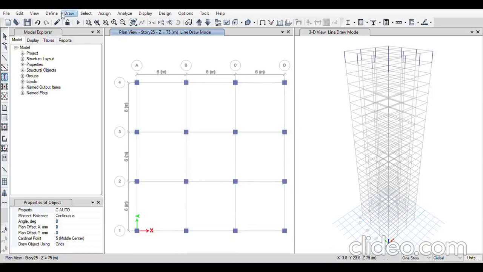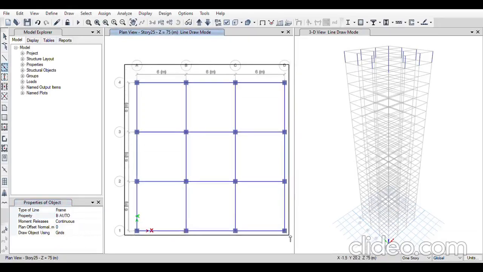I'll take draw, and now I'll take quick draw beams. I'll change the property to B Auto, which I have defined. Now I'll define all the beams.